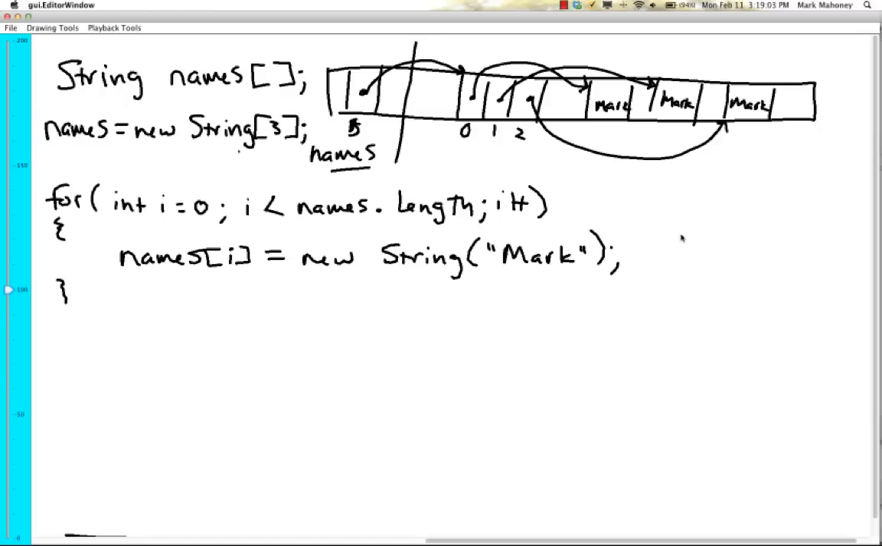Okay, so we have this one reference called names that points to this array of 3 references of strings, and each one of these references points to the actual string objects over here. Okay, that's step 3, was to create the actual objects, and then lastly, if we want to use the objects,